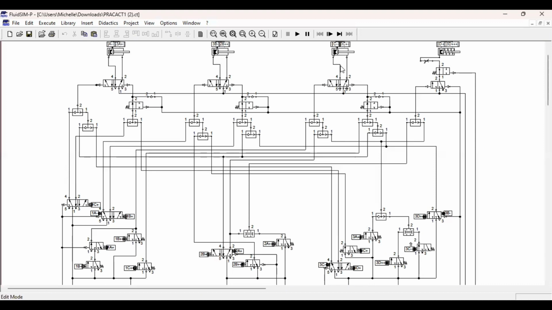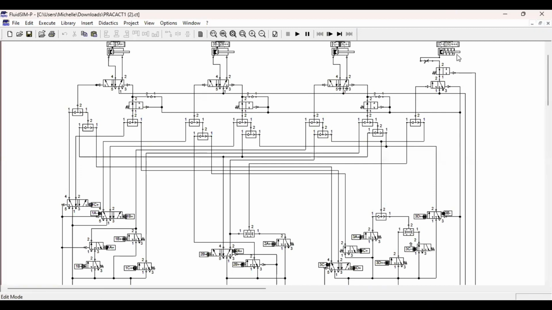And for C naman, gumamit kami dito ng 2 3-way valve na connected dito sa 2 pressure wherein this 2 pressure is connected naman dito sa shuttle valve na connected dito sa right side ni actuator C. And para magkaroon ng airflow itong mga shuttle valve and wire, we put magnetic to the both left side of these valves and spring return to the both left side of this valve and label this one as a 3D++ and the other one as 3C negative